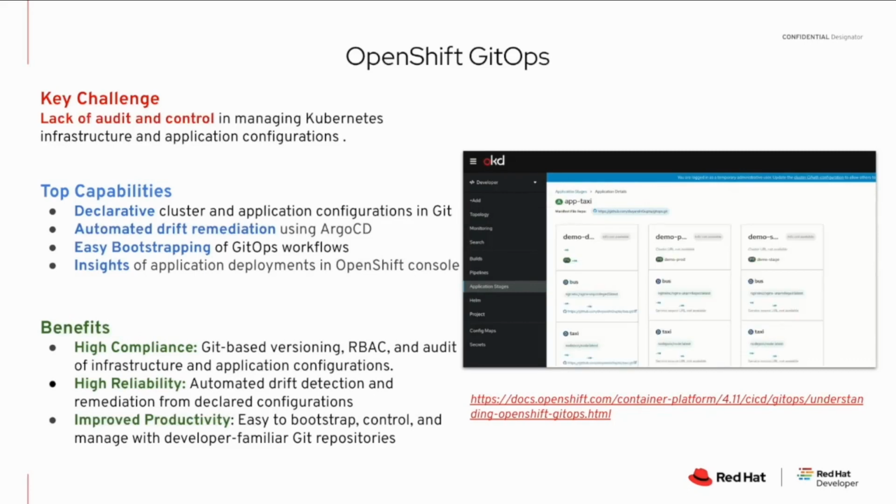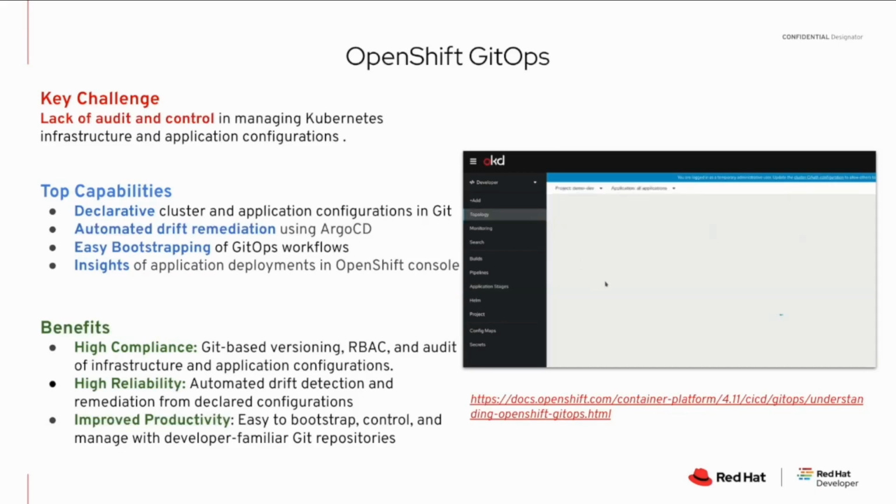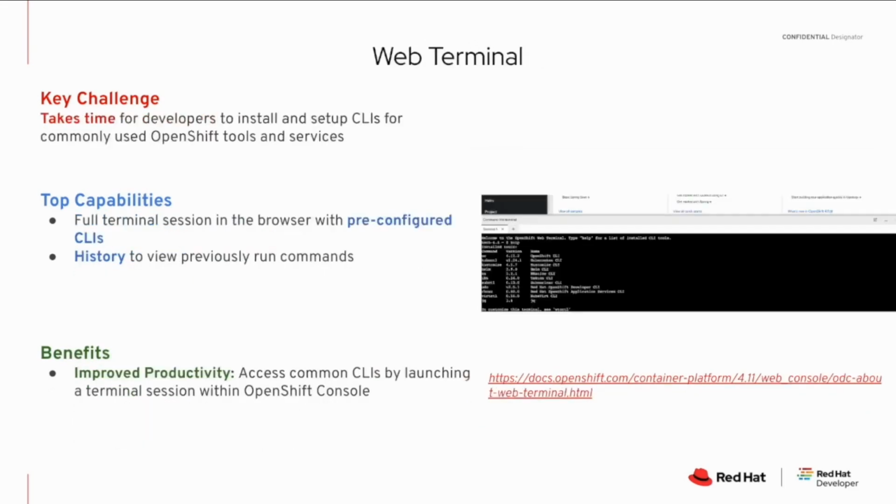And this just makes it very easy for you because it has bootstrapping tools, it has controlling and manage capabilities. So this way, you don't have to learn the complexity of doing this on your own, and creating a GitOps flow by yourself. It just comes ready for you. All you need is an operator running on top of OpenShift. So check it out. It's one of the top capabilities when it comes to managing Git across the Kubernetes world.